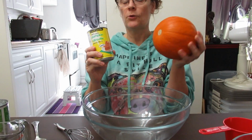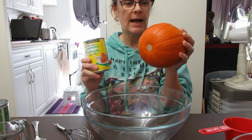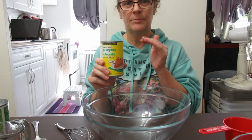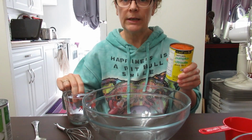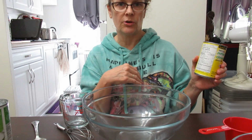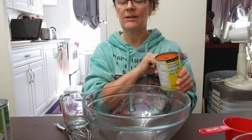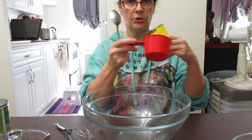For actual Thanksgiving, I'm going to make an actual pumpkin pie from scratch from a pie pumpkin. But for today, because I really have a craving, I want this pumpkin pie now. I'm going to do an experiment, and I'm going to bake half of it so that I can have some pumpkin custard as my dessert this evening. But I'm going to dehydrate the other half and see how that goes so that I can take it on a backpacking trip later. So what I want is 2 cups,